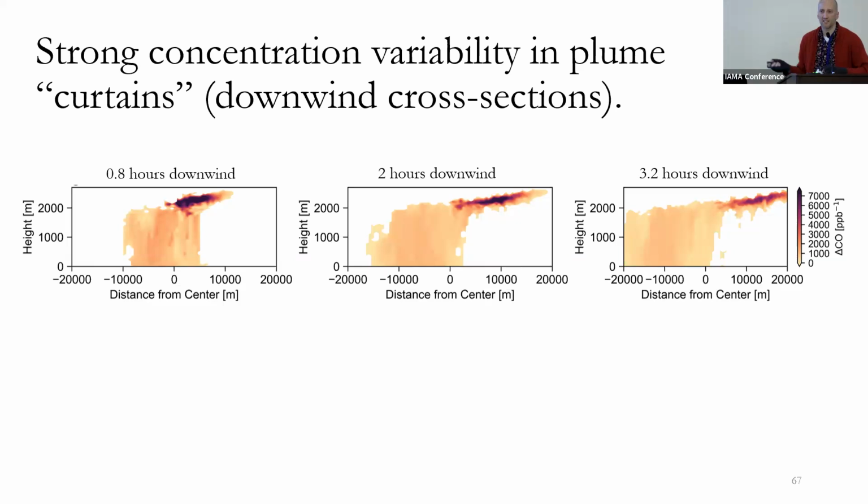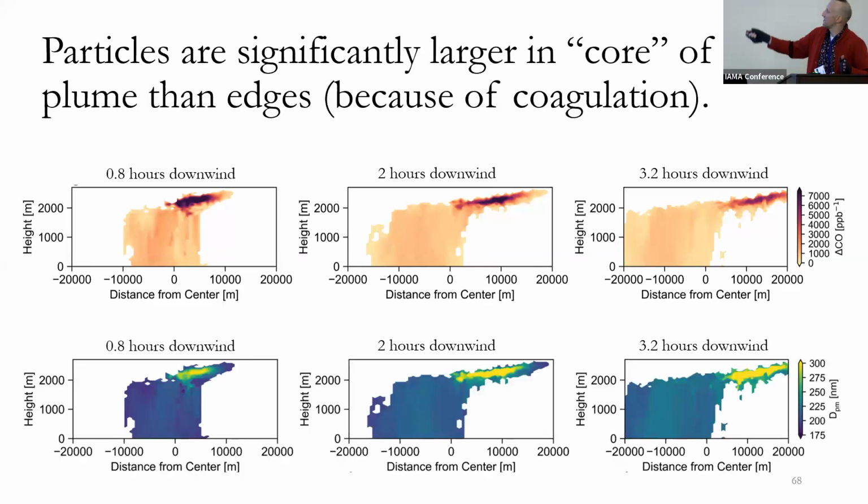And so just circling back to one aspect of this, we're looking at many things in the plume, ozone and SOA, POA, but just thinking about coagulation, because we talked about it, high concentrations here, low concentrations here. This is what the predicted particle diameter is at these times. And so at the high concentrations in the free troposphere part, those particles are growing because of coagulation to well over 300 nanometers. They're just bumping into each other like crazy and decreasing the number concentrations. But where we have dilution in the boundary layer, those particles are staying around 200 nanometers. So same fire, same emissions in both places, significantly different properties in different parts of the plume because of different amounts of dilution.